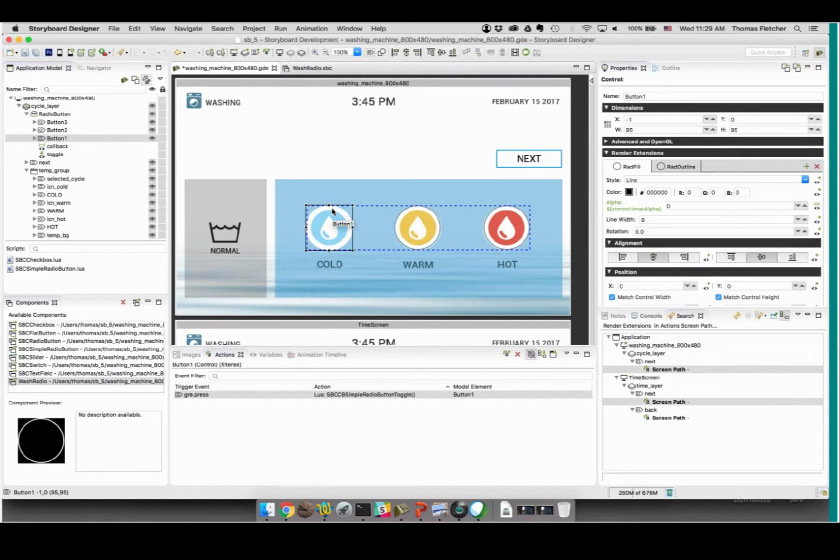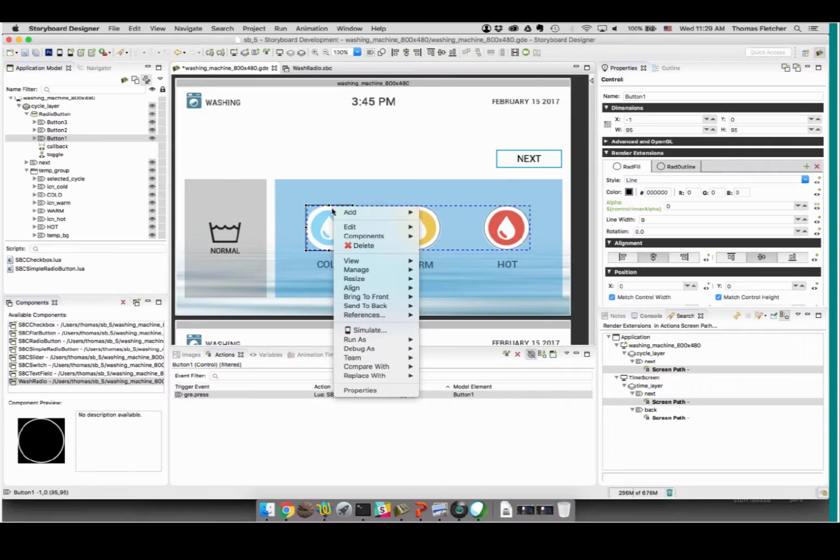Now, because what we had was, the radio button is a bit of a specialized component because you're expected to add more items inside of it. So we can't predict how many more items we've got. But what we do have is a facility for quickly taking those changes and propagating them across. So we can simply copy that control,